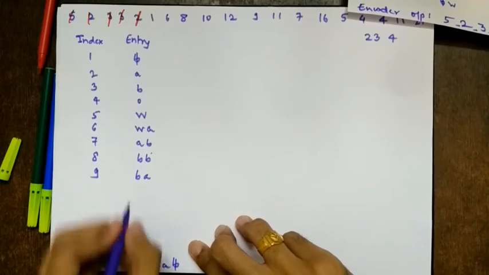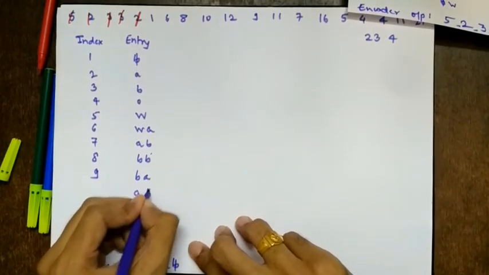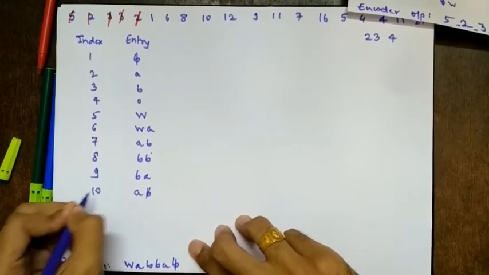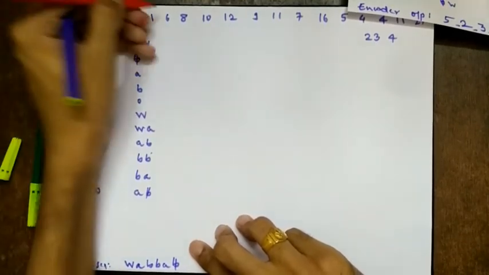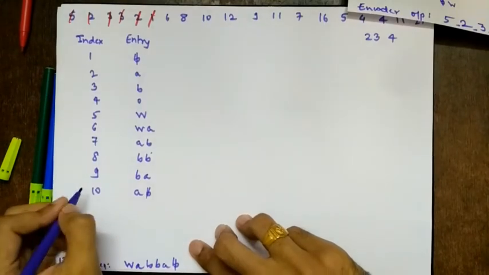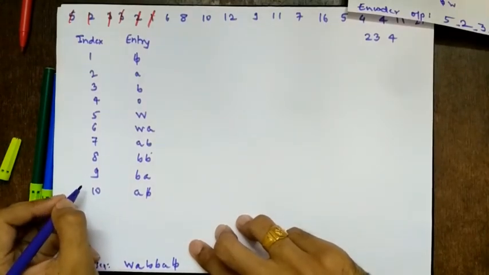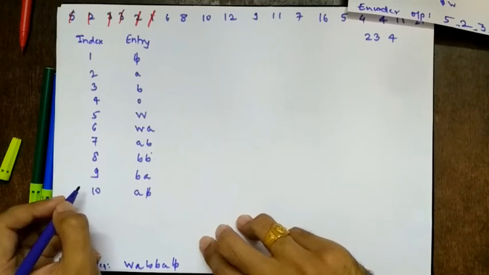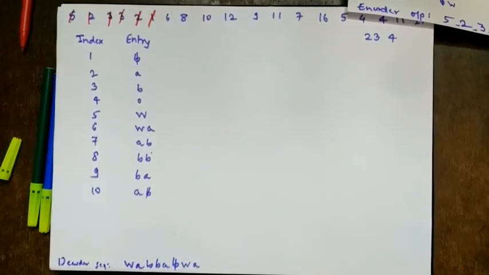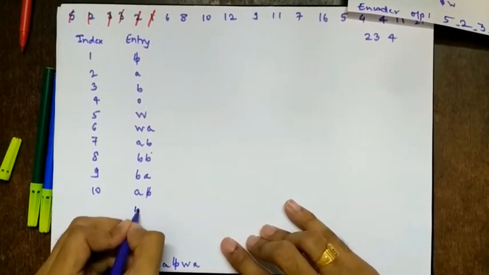Next what I'll write? So I will take this A here, then I'll concatenate the latest thing which is decoded. So it is A B bar, corresponding to 10. So I have decoded 1. So then it is what? 6. So 6 corresponds to what? WA. Right? So I'll write WA. So we have decoded it as WA. Right? So this B bar will again come here.